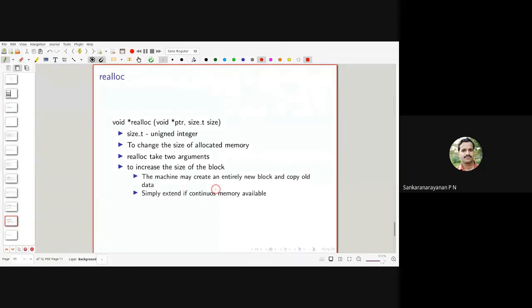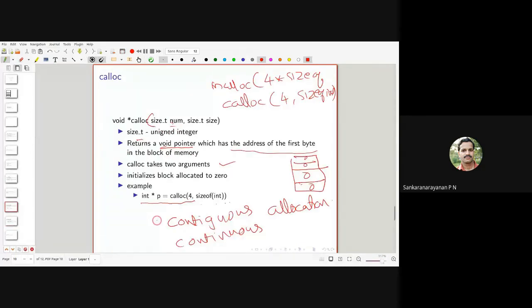Now is realloc. Realloc is for changing the allocated memory size, as it's there in the slide. To increase the size of the block, we have two arguments. One is the pointer we have already allocated. In the previous example, star p equal to 0.